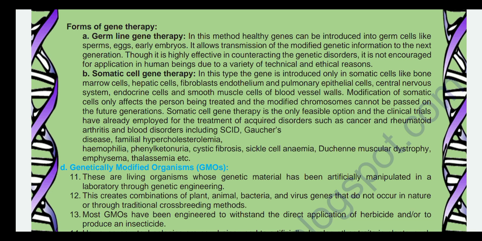but blood disorders including SCID, where the normal blood cell function is not properly done, Gaucher's disease, where the person's blood shows a kind of specific fluidity, familial hypercholesterolemia, where high cholesterol is found in the blood, phenylketonuria, a kidney disease, cystic fibrosis, Gart-Wale disease, where we can say tumors, the sickle cell anemia that we know.